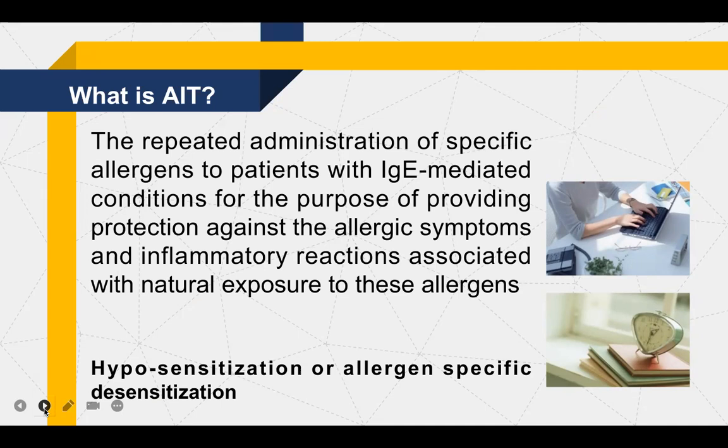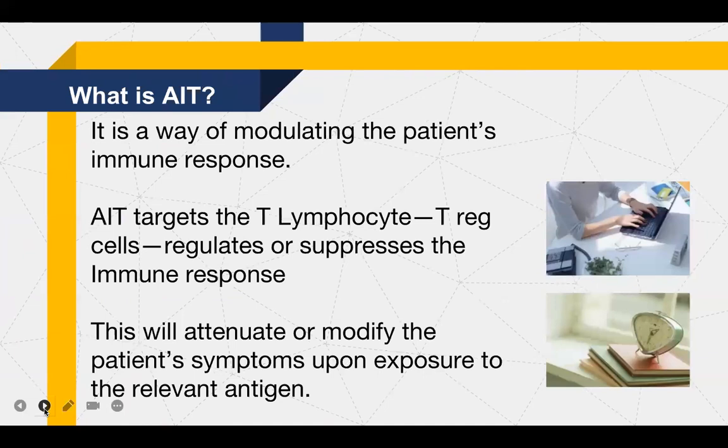A few important points in the definition we need to remember. This is the process of repeated administration of specific allergens to patients. Which type of patient? Those patients should have some IgE-mediated allergic symptoms. Why are we providing that? The purpose is to produce some level of protection against those allergic symptoms associated with natural exposure to those allergens. So when we talk about allergen immunotherapy, it is something which is going to modulate the patient's immune